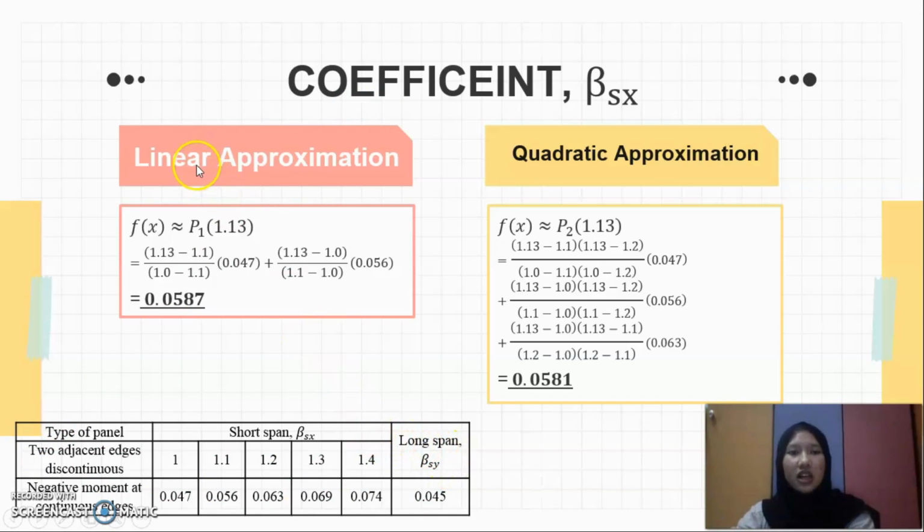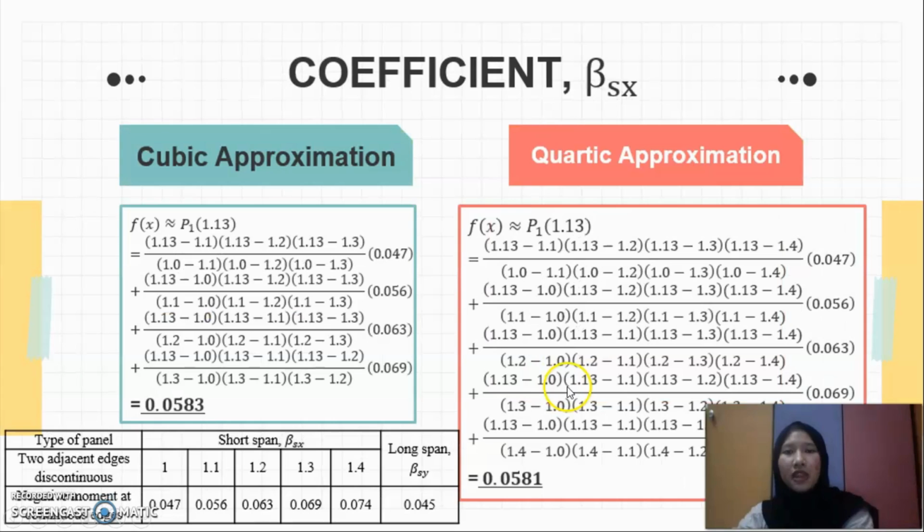Firstly, the linear approximation, first order, you need to use two data, that is 1 and 1.1. So we get 0.0587. Next is the quadratic approximation. We need to use three data, that is 1, 1.1 and 1.2. So we get 0.0581. Next is the cubic approximation. We need to use four data, that is 1, 1.1, 1.2 and 1.3. And we get